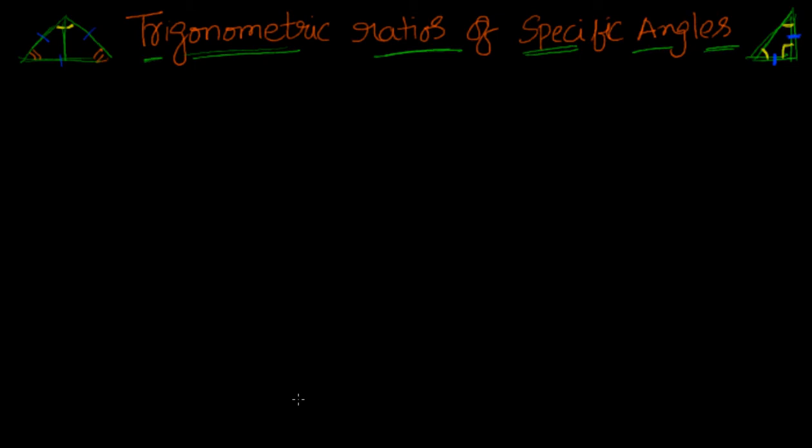So in this video we will see trigonometric ratios of specific angles. Till now, there is a triangle, and we are saying whatever that particular side is, angle A or angle C, but we are not specifying exactly what the angle is. So we are saying sin A. Instead of that, if I know the angle is 30 degrees, I can directly say sin 30 degrees, right? So we will try to find out the values of all trigonometric ratios for specific angles.